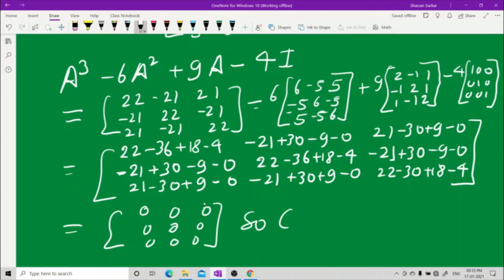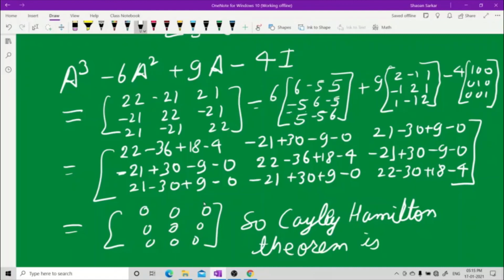So the Cayley-Hamilton theorem is verified. This is the first part of the question. Next part they are asking you,